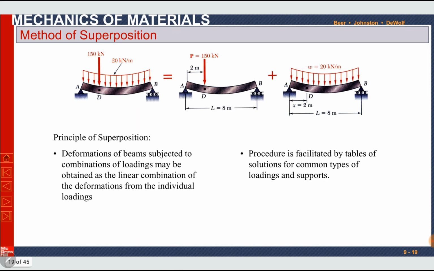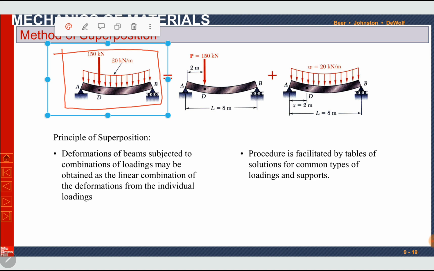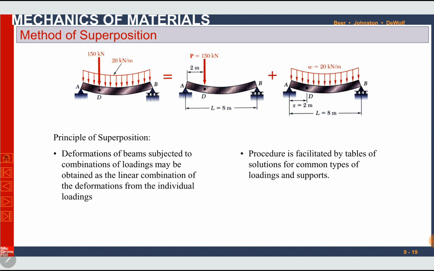We will move further to our next topic, which is the method of superposition. Superposition is simply addition of multiple quantities. If we have a beam under different types of loads, like this one, this beam is under a uniformly distributed load as well as a concentrated load of 150 kilonewton. If we are asked to determine deflection at any point, for example at point D,